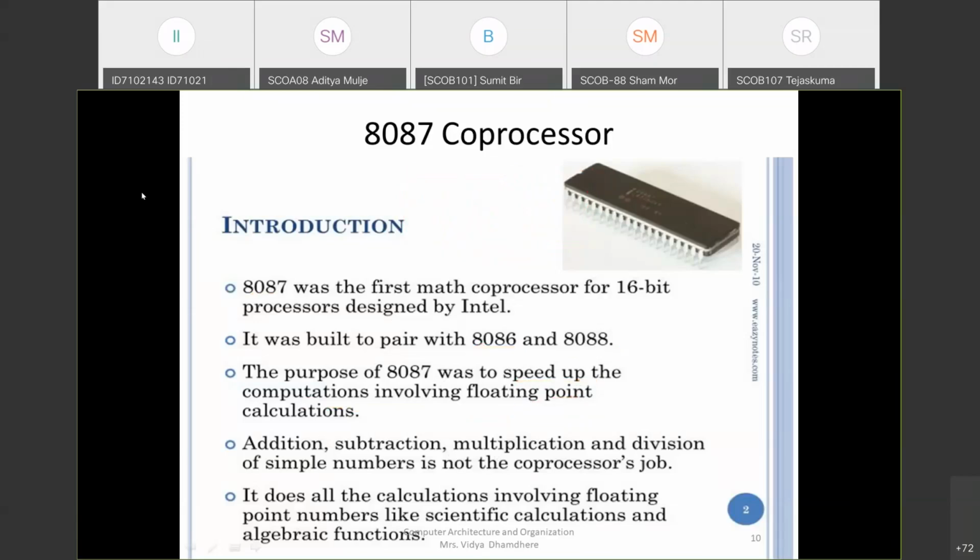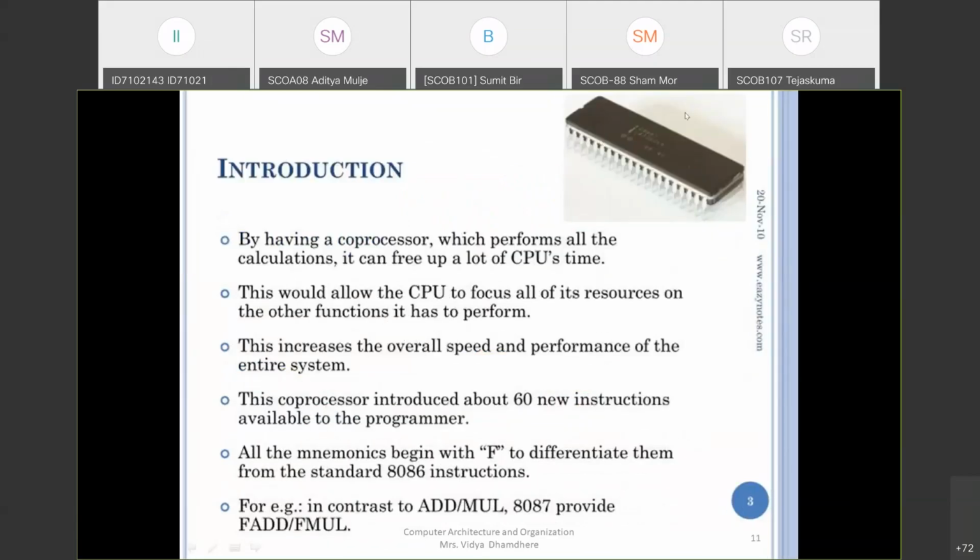Next, since the coprocessor can calculate the floating point operations, it keeps the main processor, that is the CPU, free to do other tasks. So it reduces the execution time of the processor.